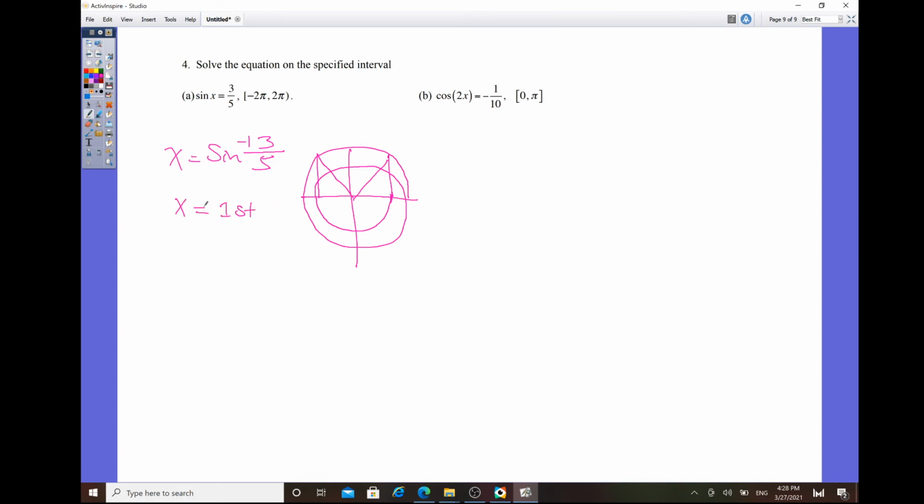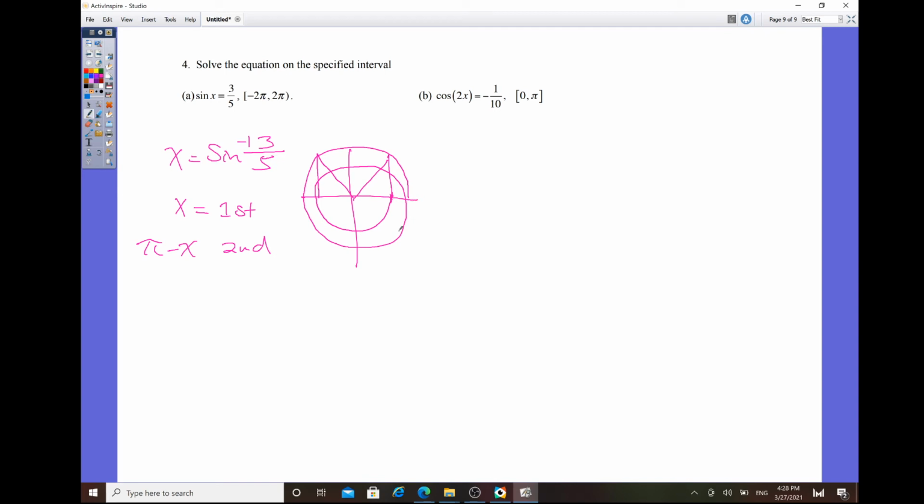In order to get the second solution, you want to subtract this angle from pi, because that's the reference angle in quadrant 2. So the second solution is pi minus x. But this one just takes care of the positive. What about the negative? For the negative, that means it's going backward, going this way. If that's considered positive ratios, then in order to get the negative, it's going to be